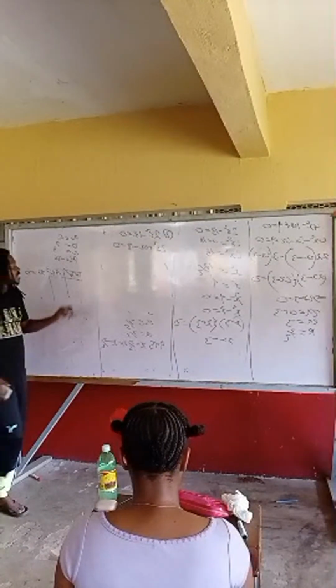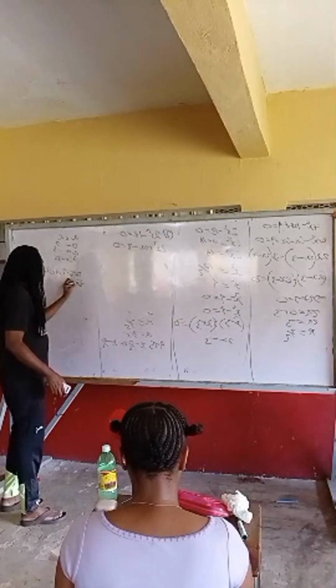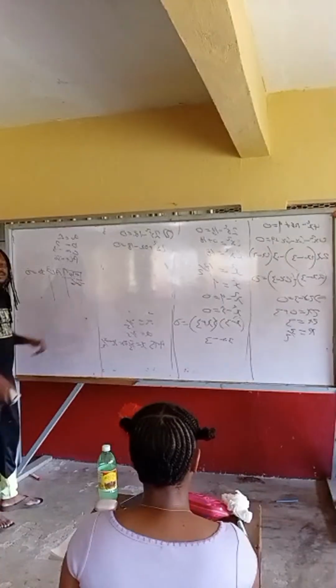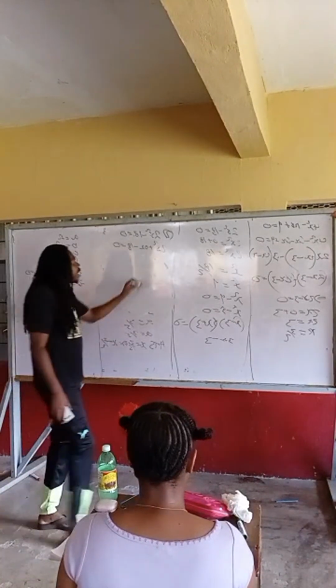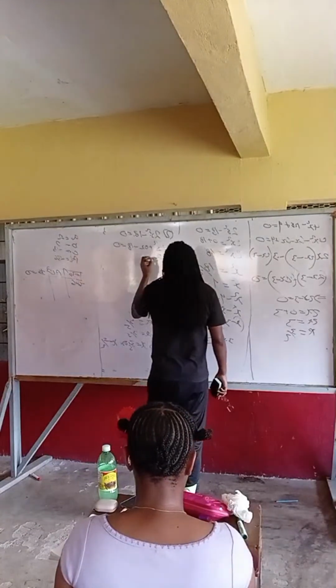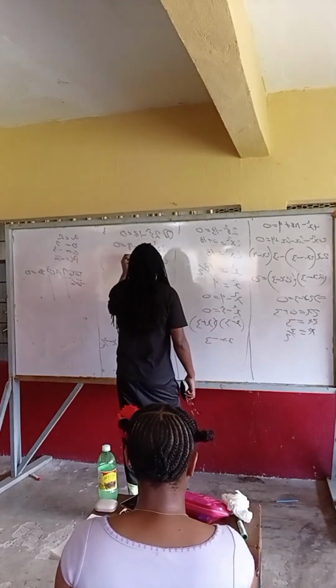So 6 times 6, one negative and one positive. Everybody see that? So now I get 2x squared minus 6x plus 6x